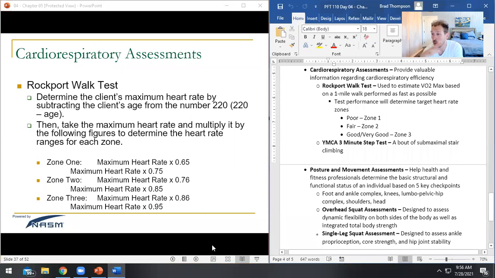When we're measuring someone's VO2 max, that's telling us how much mitochondria they have in their cells, how much hemoglobin they're transporting. The higher that number is, the better, because it means you've got more stuff that consumes oxygen, rather than fat cells, which don't really have as many mitochondria, right? Having more stuff that doesn't consume as much oxygen, right? With her, since she landed in the poor category, we're only going to give her maybe a zone